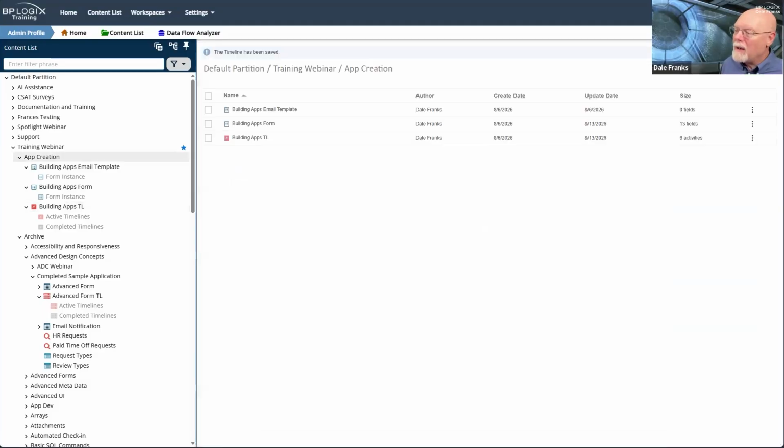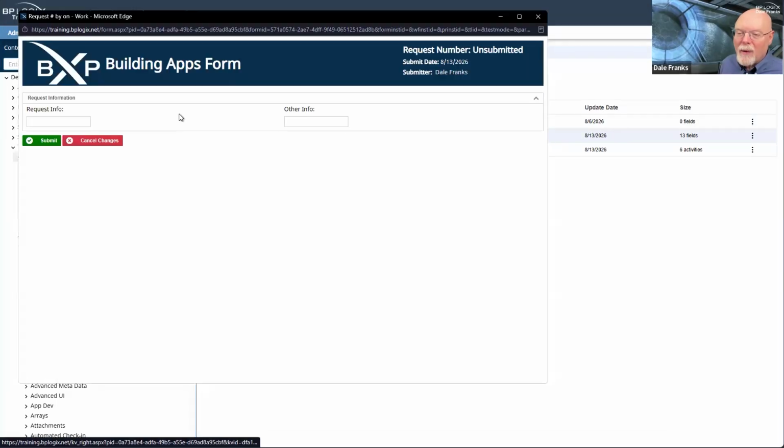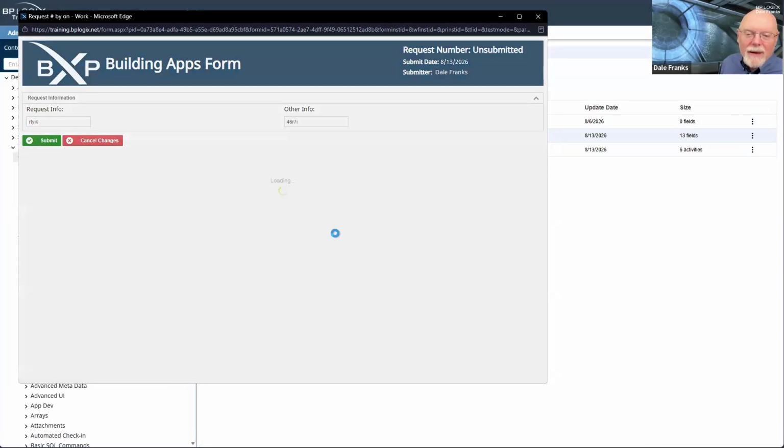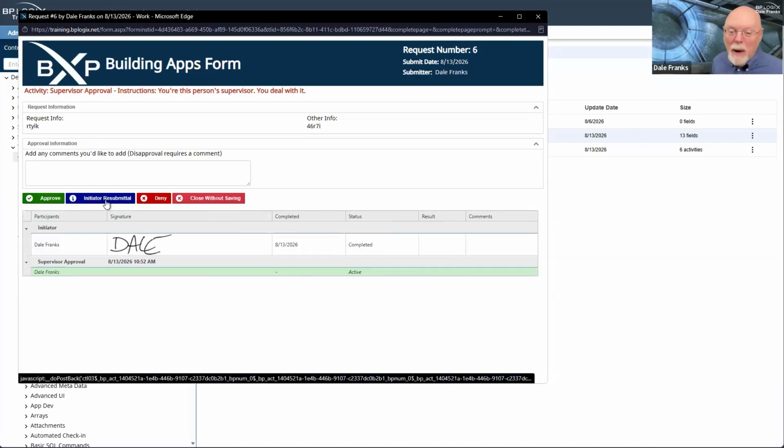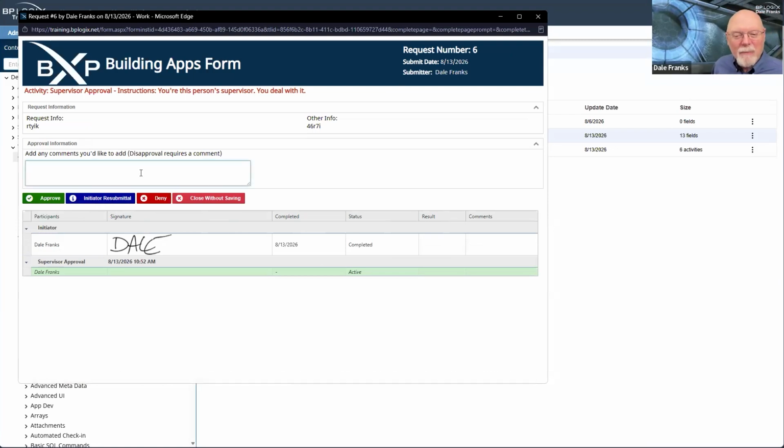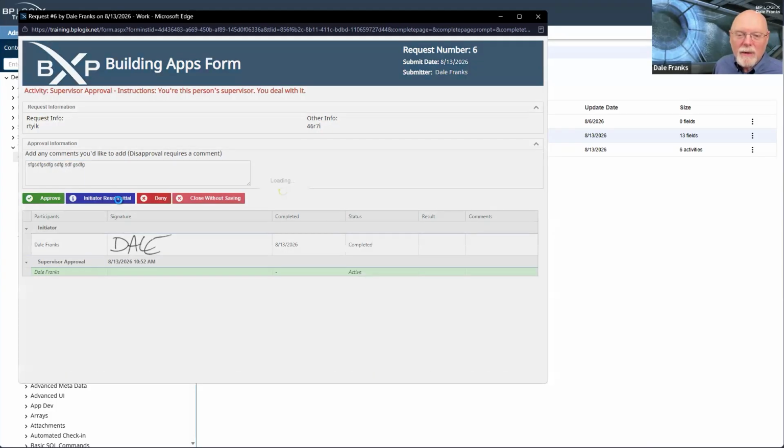Okay. One more. Submit. And now that this says initiator resubmittal instead of resubmittal, I should be able to throw in a comment here, hit initiator resubmittal.